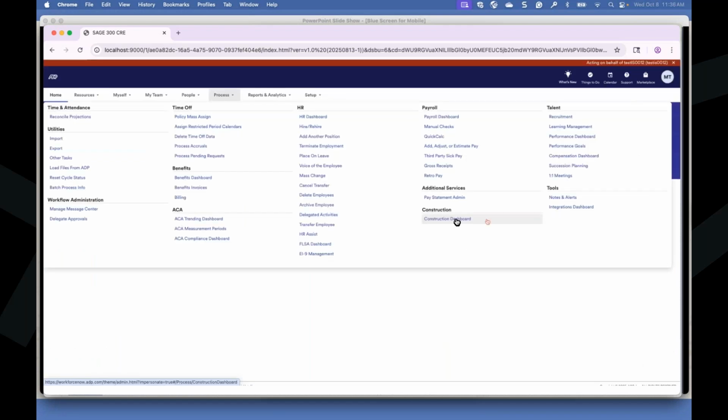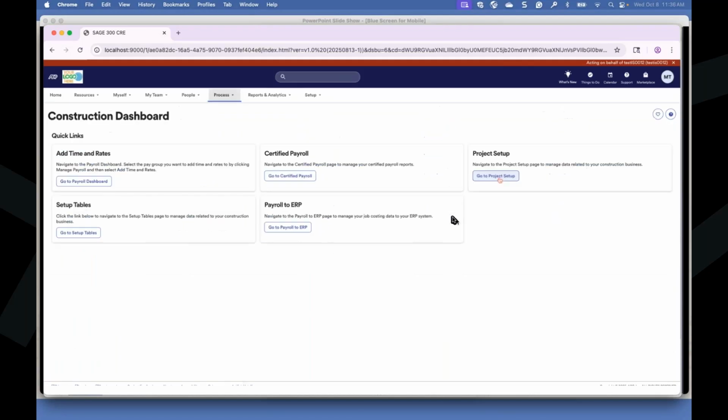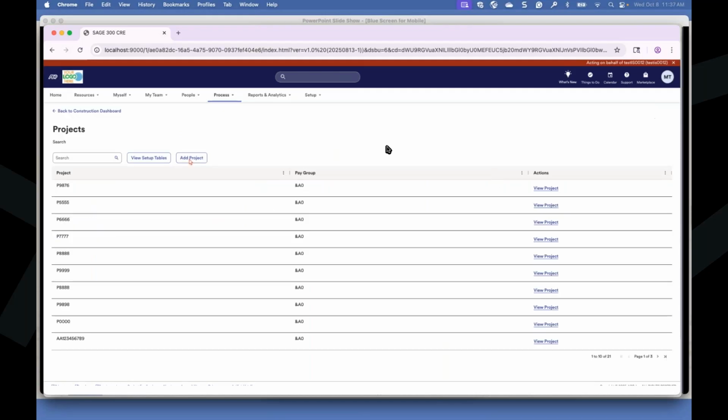Once that happens, you'll flip over into Workforce Now. Now, this is an integration that does get run through a batch overnight. So there's nothing that you have to worry about. It'll automatically be synced between the two systems, so you don't have to worry about pushing or pulling any data yourself. You come in here the next morning, your project setup information will already be in here.